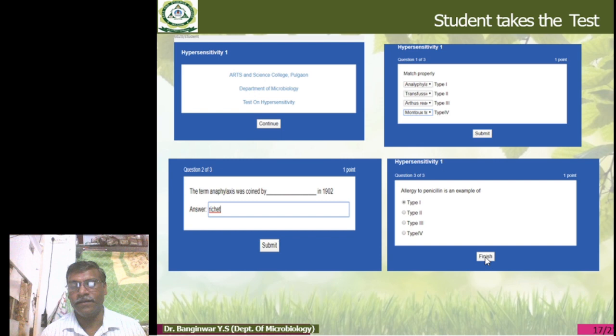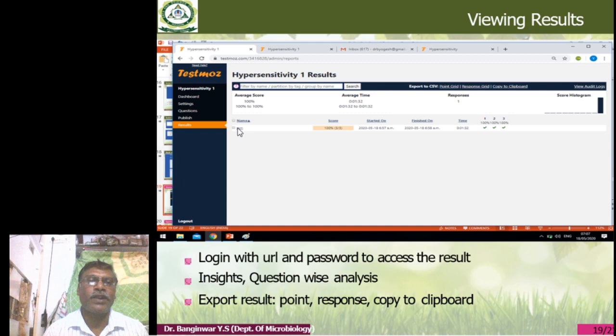If they are giving it, there will be additional rows. Right now there is only one student who appeared for the test, and he got 100% marks. All the questions are properly analyzed. So log in with your URL as well as the password to assess the result.